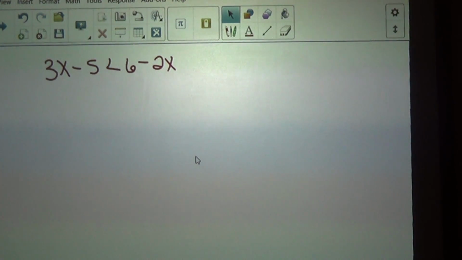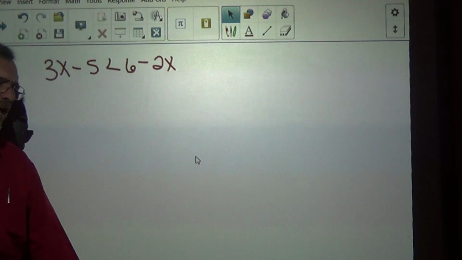Okay, we are on 2-6, which we are doing, solving linear inequalities this time. The big thing to remember on inequalities is that they work exactly the way equalities do. The biggest difference is if you multiply or divide by a negative number, you gotta flop that symbol over. So if I'm working this problem here,